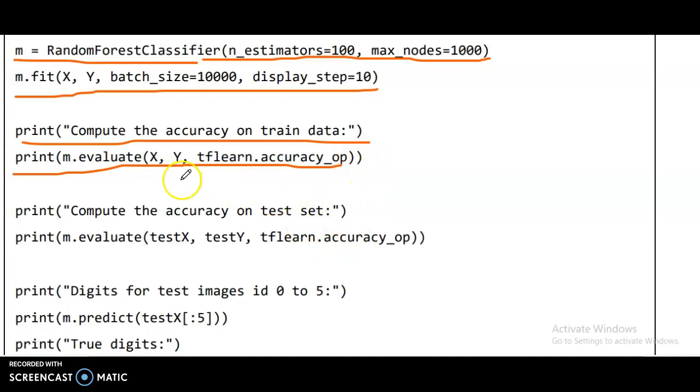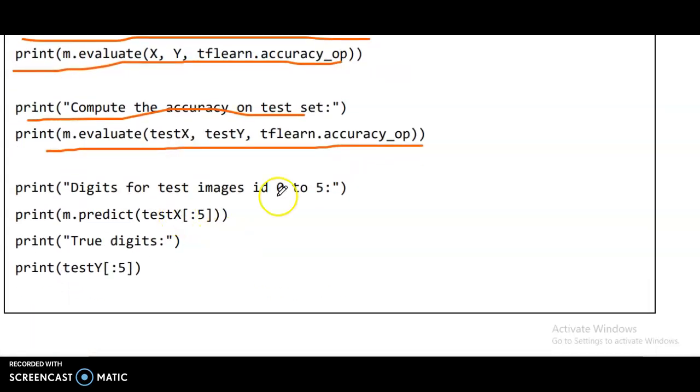Print compute the accuracy on the train data, print m.evaluate(X, Y, tflearn.accuracy). Print compute the accuracy on the test set, print m.evaluate(testX, testY, tflearn.accuracy). Print digits for test images id 0 to 5, print m.predict(testX[:5]), print the true digits,